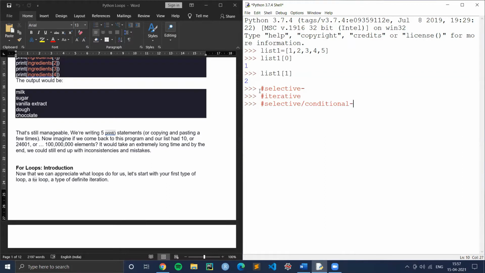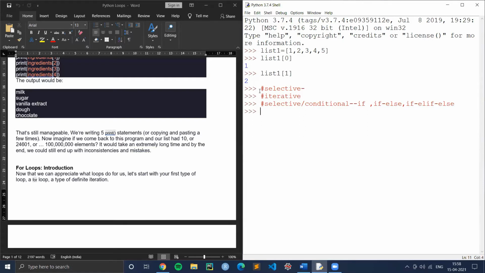So the conditional statements are: if this is the condition, my output is this, else something else. Another one would be if-else. There is one more thing you would learn, that is else if. In Python, else if is shortened and written as elif. So: if, elif, else. These are selective statements, also called conditional statements.